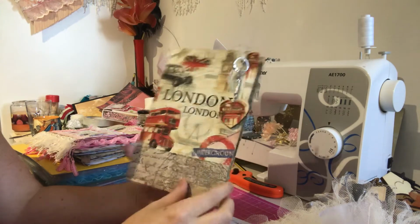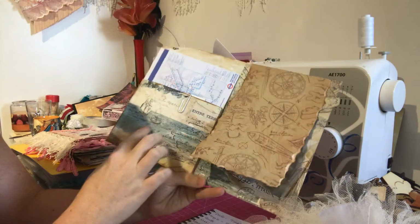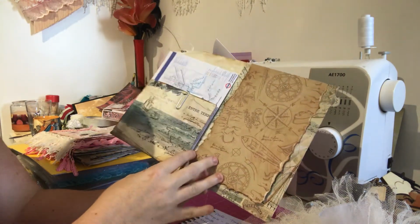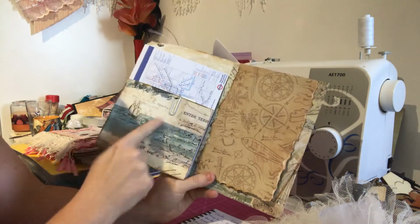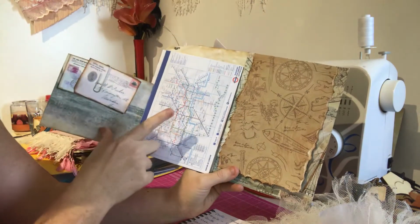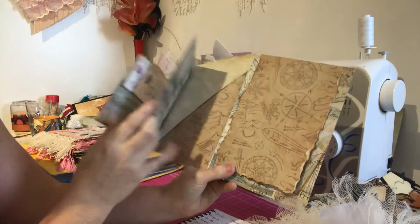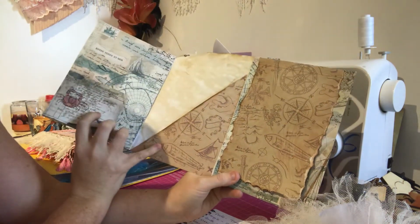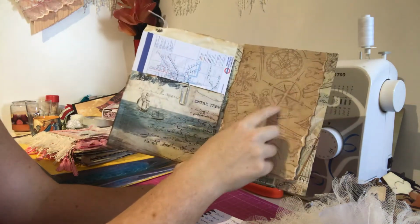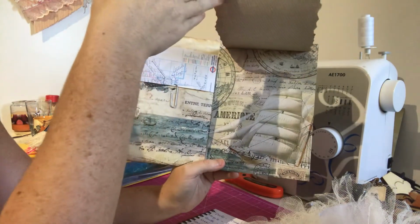Pocket on the front. I have used a Stamperia pad within this, as well as a Hobbycraft vintage pad. So you've got the journey, you've got sailing, you've got the underground map, bringing it back to London, and there's a little pocket here. You've got your compass and navigational, sailing ship up here,